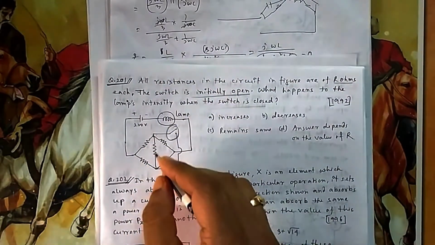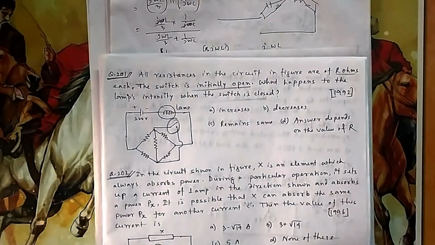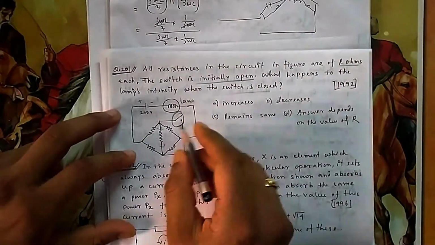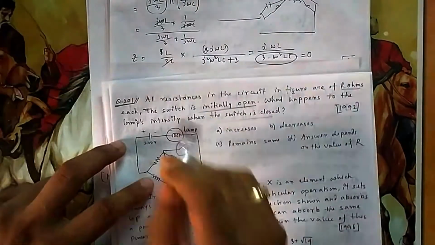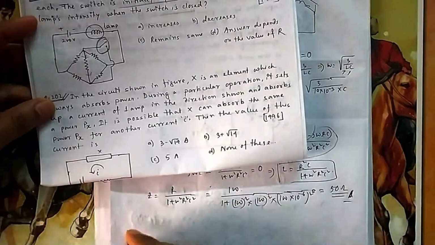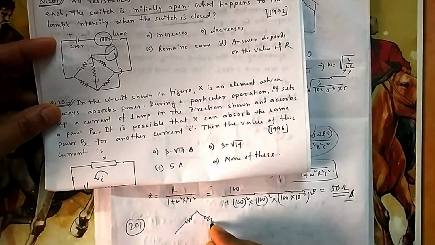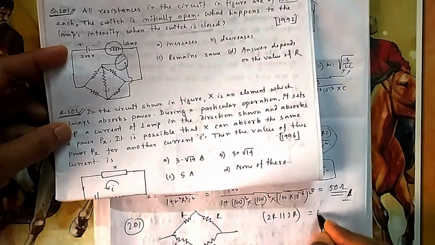So what will be the resistance? Total resistance here. No current will flow through this branch. So when the switch was open initially, it will be R plus R, so 2R, in parallel with R plus R. When it was simply a Wheatstone bridge, the circuit was something like this. No current is flowing through this. So this is R, this is R, this is R, this is R. So 2R in parallel with 2R gives you R. So what is the total resistance? R. Now if you close the switch, what will happen?